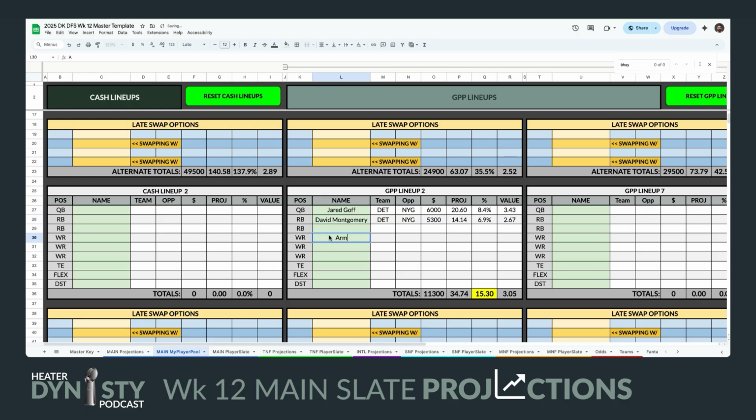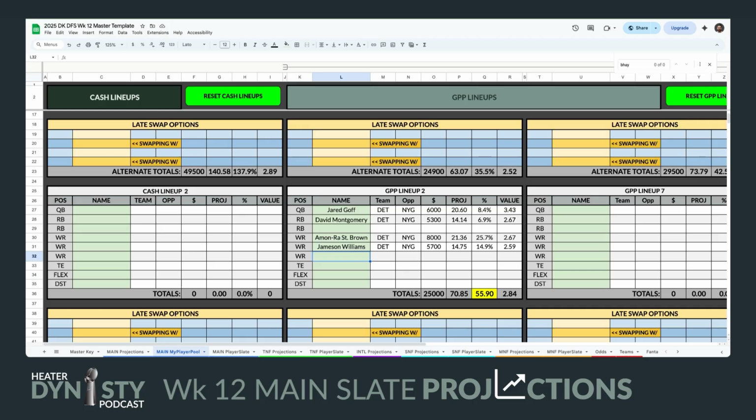David Montgomery, and then Amon-Ra, and Jameson Williams. You do not need to bring it back with a Giants player, but if you wanted to, you could throw in like Isaiah Hodgins or Wan'Dale or somebody. But like I said, I don't really think you need to get there.